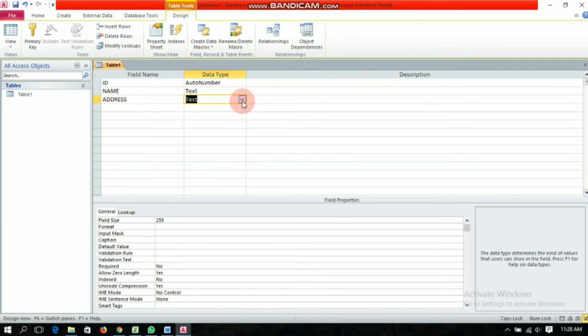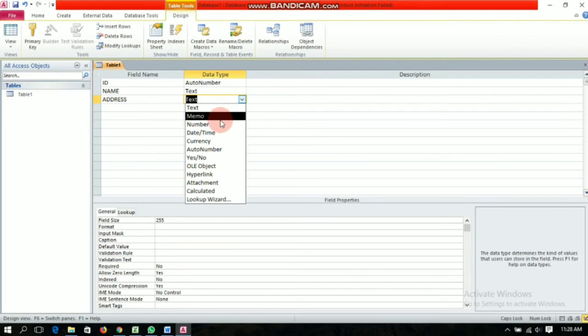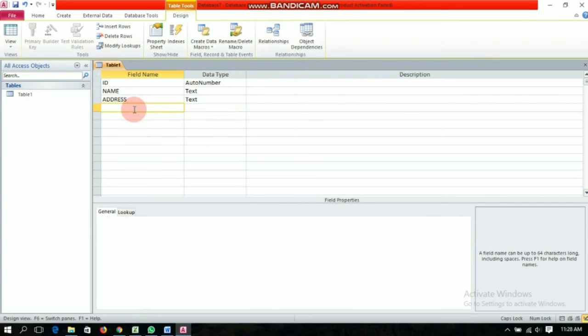It will provide you a few options, that for address you want it as text, memo, number, date and time, currency, auto number, yes or no, and various options are here. I will just click on text. So address will be in the text format.